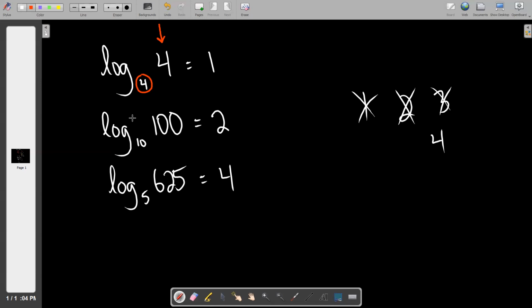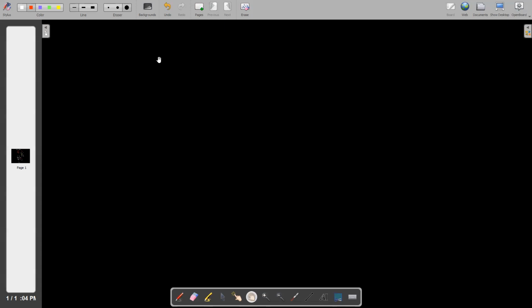Okay, cool. So that's the warm-up side of it. Is everybody clear? The answer to the logarithm is the power or the exponent that's required to make the argument. Okay, how about